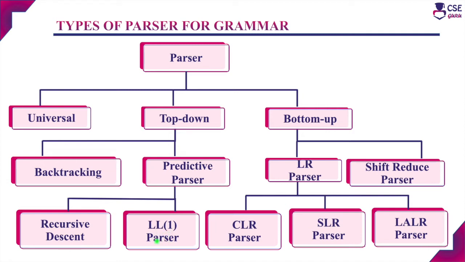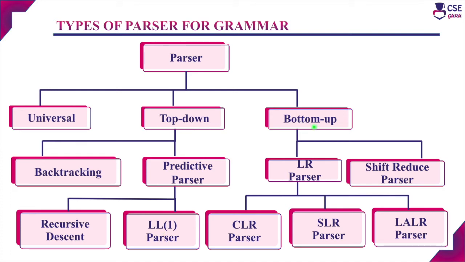The LL(1) parser is a type of recursive descent parser but without backtracking. The first L represents left to right input scanning and the second L represents the leftmost derivation, and the 1 represents the number of lookahead symbols, that is how many symbols are considered to make the parsing decision. In LL(1) grammar, first we have to find the FIRST and FOLLOW sets for the given grammar and then construct the parsing table, that is the LL(1) parsing table, to derive the input string. It parses the input from left to right and performs the leftmost derivation. In bottom-up parsing, it will construct the parse tree from bottom to top.